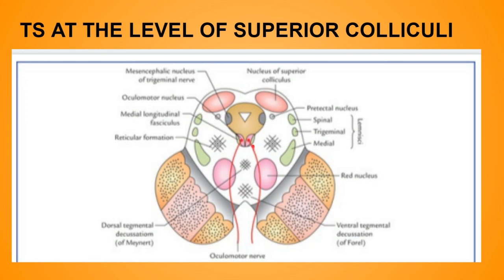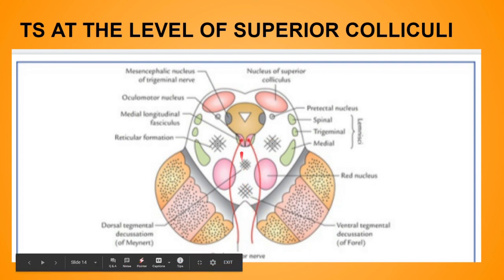Now, as you can see, this is the medial longitudinal fasciculus. It basically lies ventrolateral to the oculomotor nuclei. We discussed this before. The tegmentum at this level also contains the same lemnisci as were in the inferior colliculus part, but the lateral one is missing over here. The medial, trigeminal and spinal ones are present. The lateral lemniscus is not seen at this level because it terminates in the nucleus of the inferior colliculus only. The emerging fibers of the oculomotor nerve are also present over here.